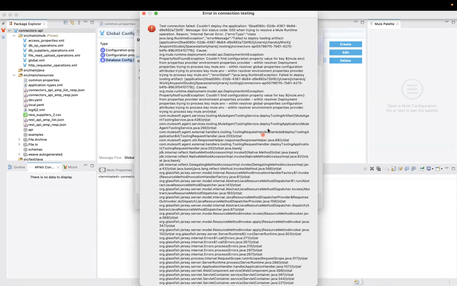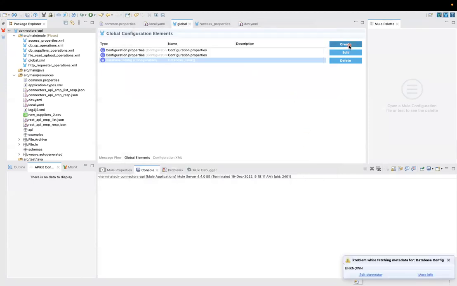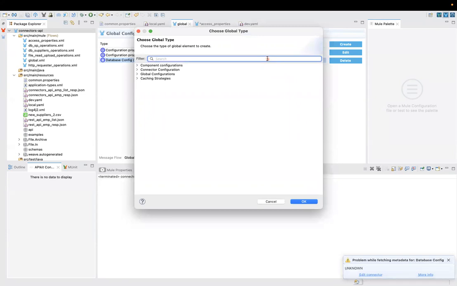Earlier, we used to get errors like unable to create a connection. But now it is throwing an error, couldn't deploy the application and could not find configuration property value for key mule.env. That means whenever that property is not available, it throws an exception, unable to read the property. So we have to define the property before deploying the application, or we have to configure the property in runtime properties. So we create a global property